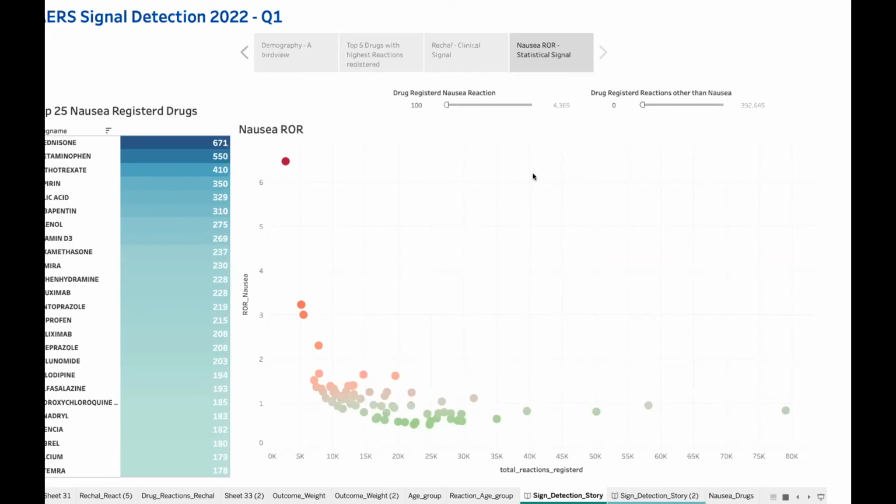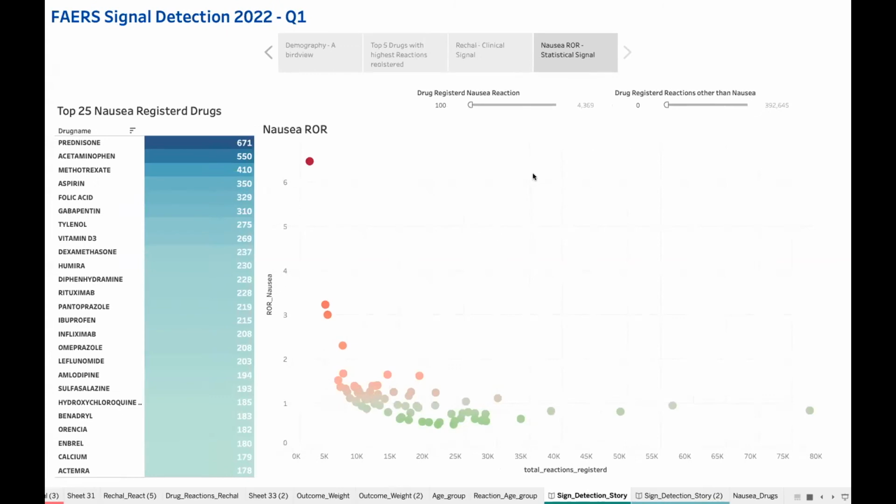You can even drill down to particular cases. Since we don't have the related objects here, these are external data. If we are capturing the data in our own EDC system, you can drill down to a particular case here, look at the statistics, and from here directly go to the particular case and write any comments on it. Since we are pulling the data from outside, we will have to navigate to the particular object and do that. But if the data is residing on our own system, then you'll have a button or a link here. You will just be able to navigate to the particular case and make comments.